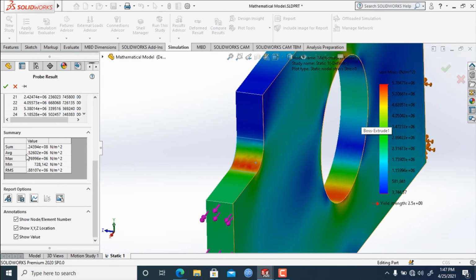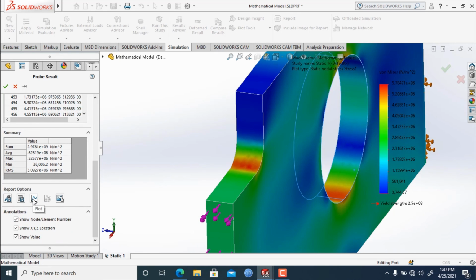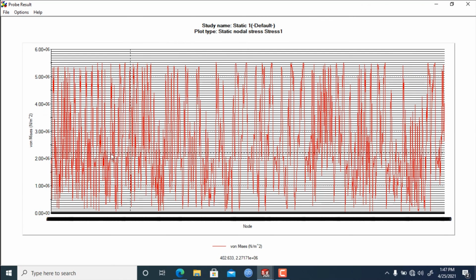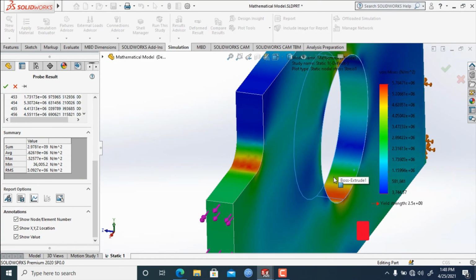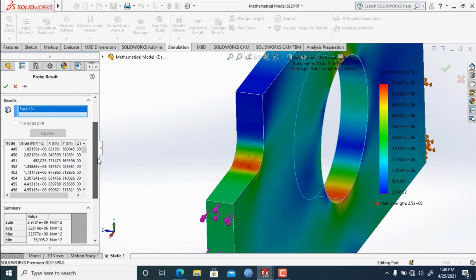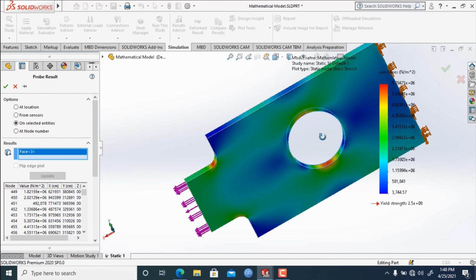Again, you can change the entity pair selection. Let's click this one, and let's click update. Now let's go to plot. This is the nodal stress showing on these circular entities. So this is all about plotting, and this is all about how you want to present the results of your study. I will not lengthen this right now.